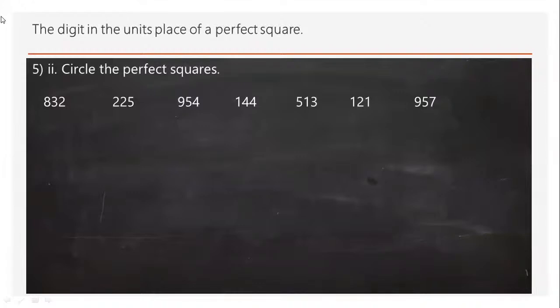Right. We are talking about the digits in the unit place of a perfect square. Circle the perfect squares here. If the unit digit is 2, it is not a perfect square. 2, 3, 7. Now check here. Circle the perfect squares only. This is not a square number. And 3 also, so this is not a square number. And this is also not a square number. So we can circle only these as the square numbers here, 225,